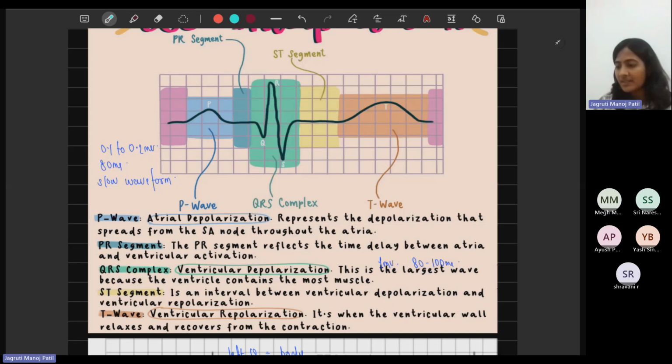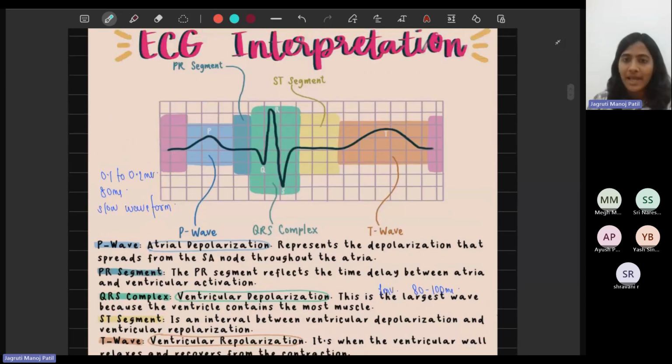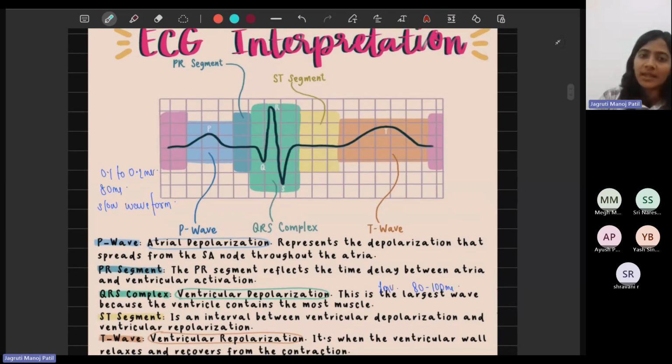That's where the T segment starts. And the T wave, as you all said, is the repolarization of the ventricles. So there is the amplitude of the waveform, as well as the time in seconds it lasts for. These are being given. So these quantities are something that if you are working in this area, or if you're